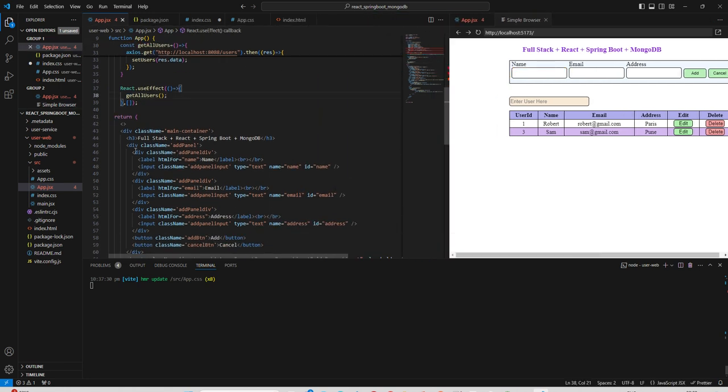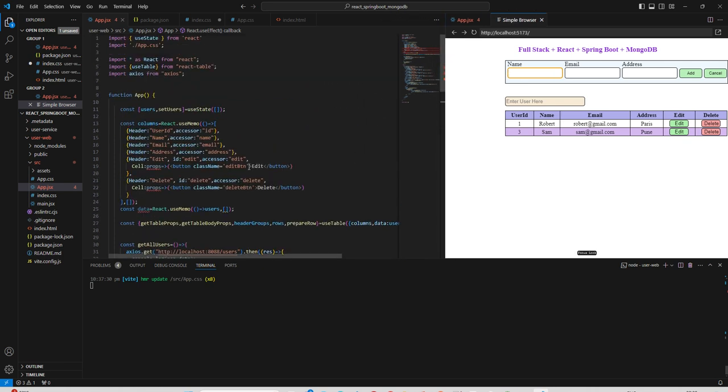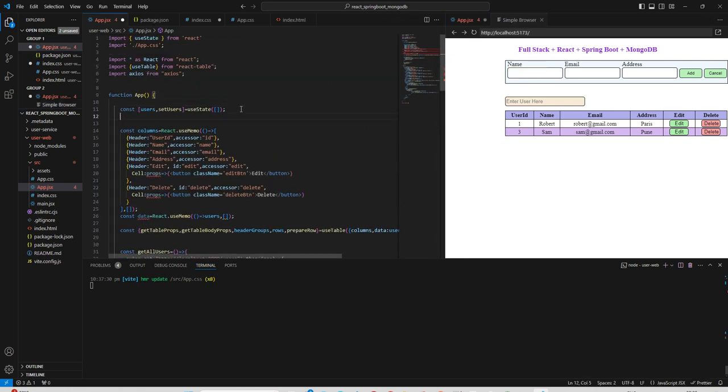Now let us check. Whenever we click on this add button, it should get added to the database. Before that, we need to capture what entry we are adding into these input boxes into some bean object. So let us create one object, let's say user data. You can say set user data, and here we can mention the useState